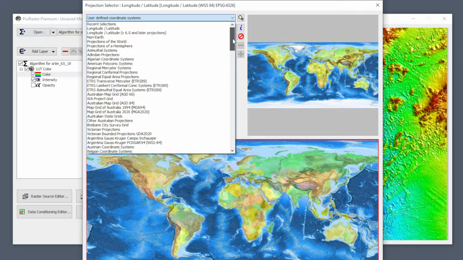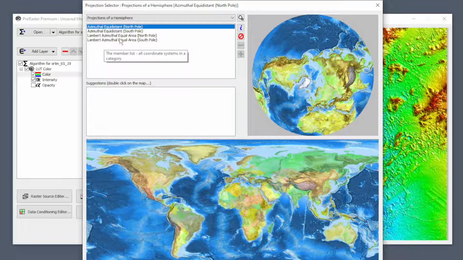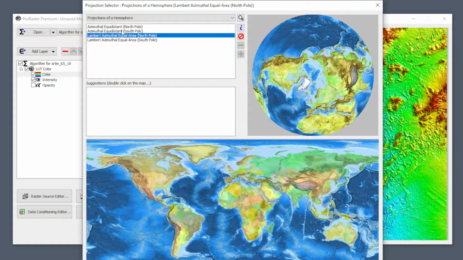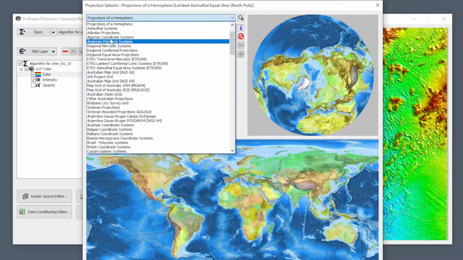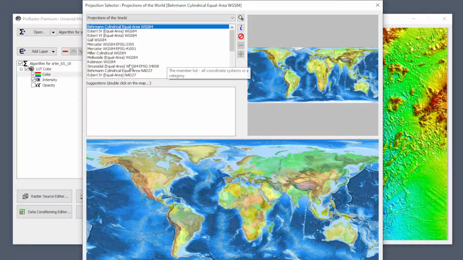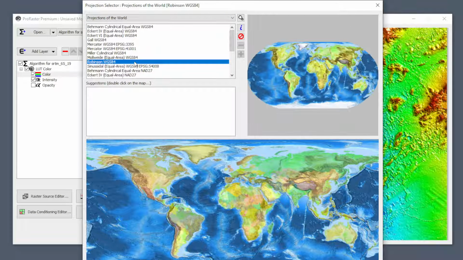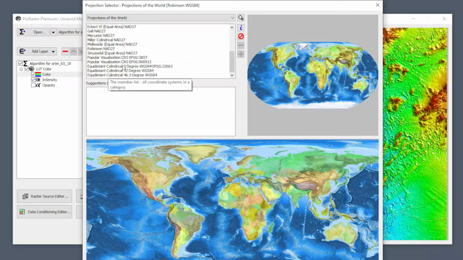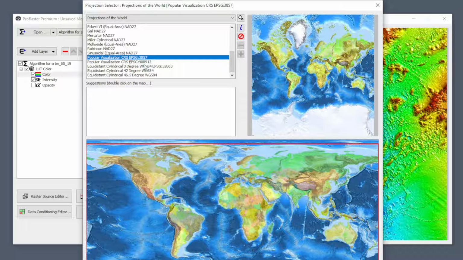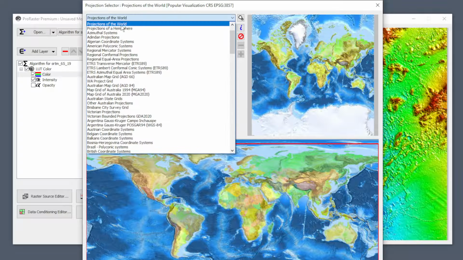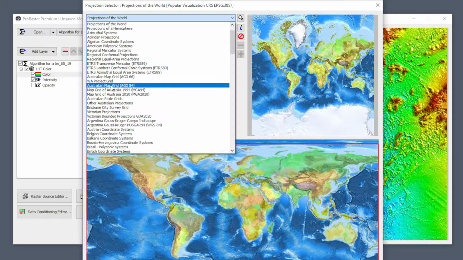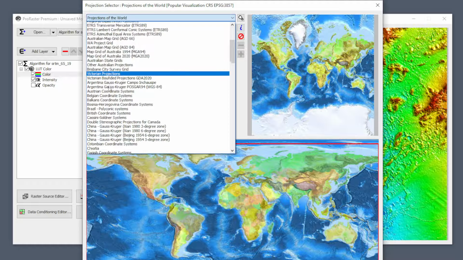Apart from that, there are just a whole bunch of different categories. So latitude, longitude, projections of the world, projections of a hemisphere. Let's take a look at some of these, for example. So here's the North Pole, projections of a hemisphere, projections of the world, Robinson. Here are the popular visualization coordinate systems. And then, of course, there are a whole bunch of other ones for different countries of the world and different